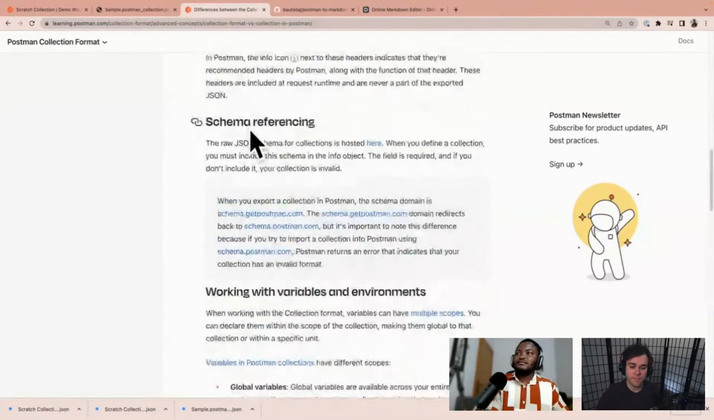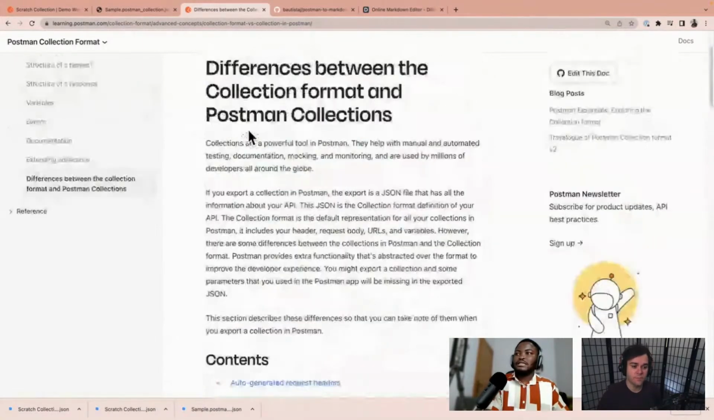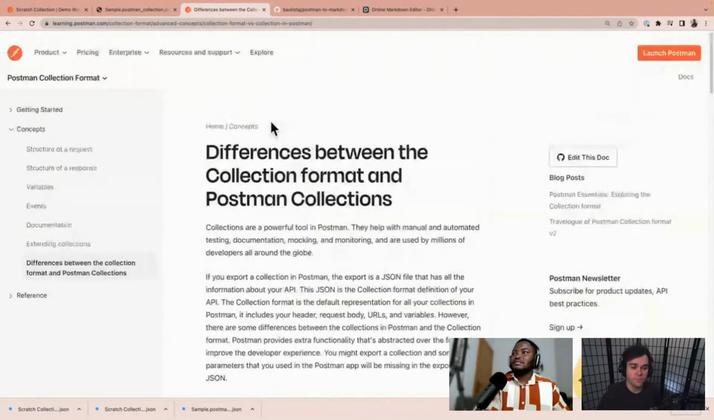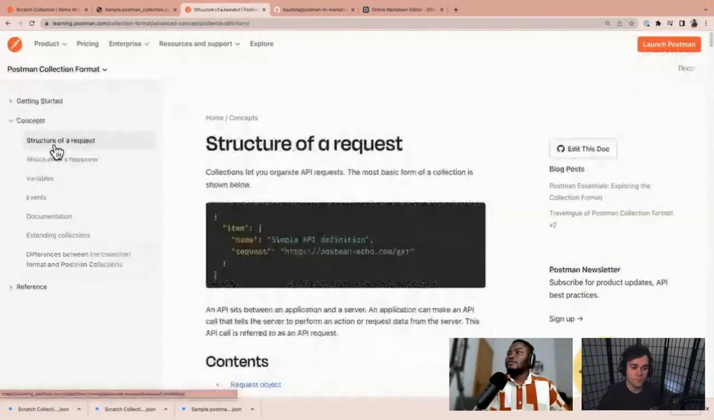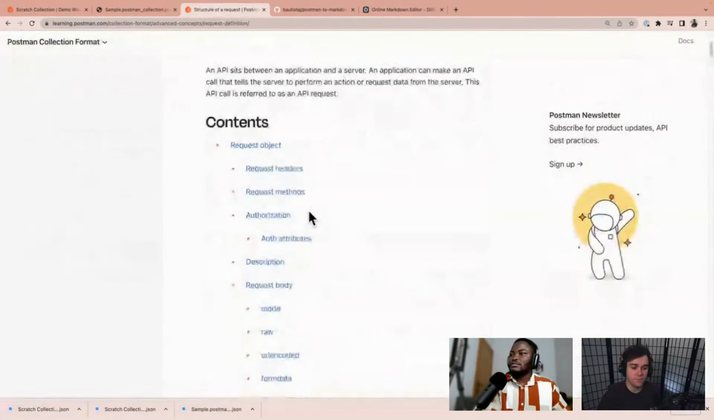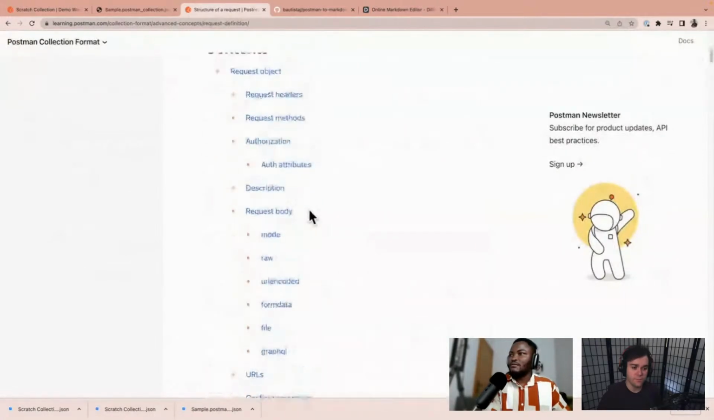But this part is always very good to go through to understand what the difference is between collections in Postman and the collection format. But back to the authentication question, if we come to the structure of a request, you notice that we have